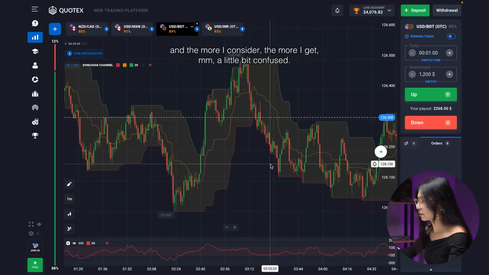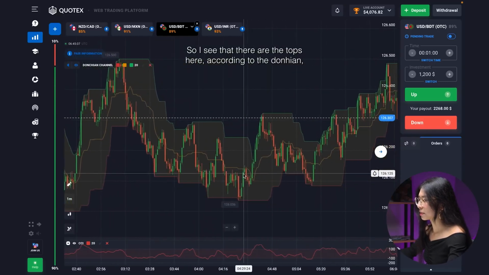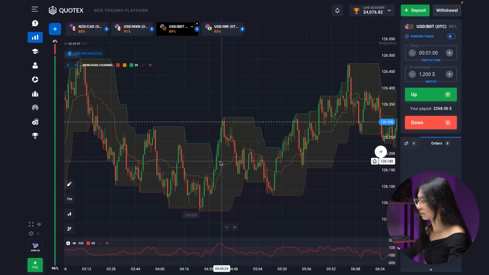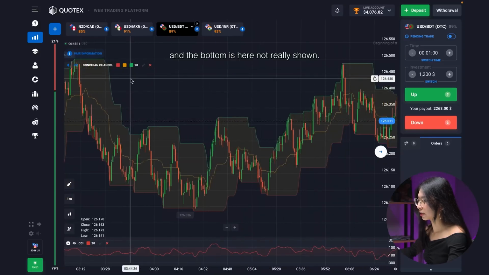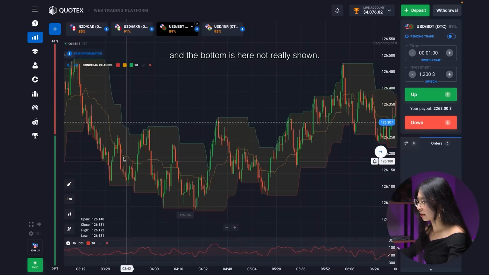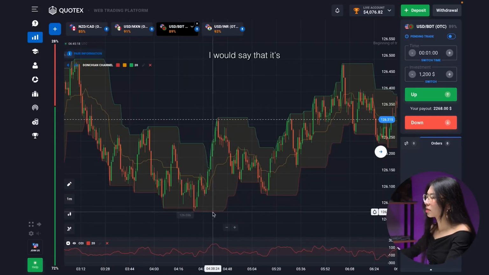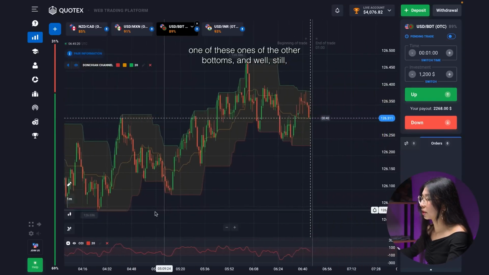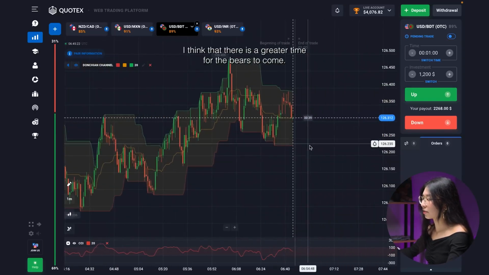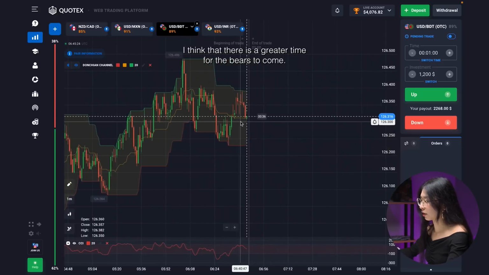I see the tops here according to the Donchian, and the bottom is not really shown here. I would say that this is one of the other bottoms, and still I think there is a greater time for the bears to come.